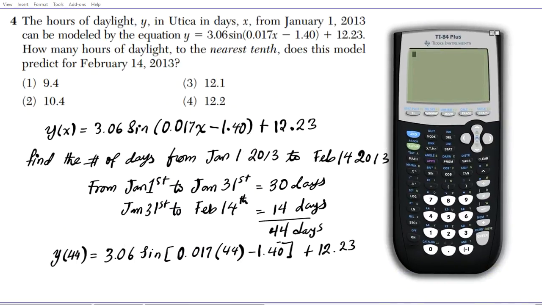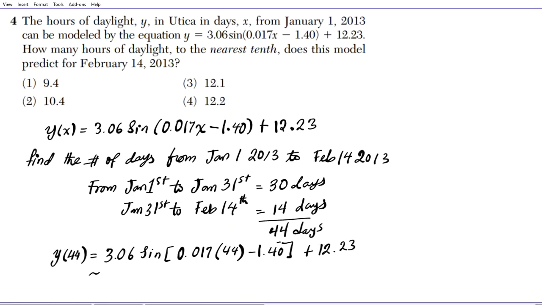So we're going to have 3.06 sine 0.017 times 44 minus 1.40. So close the sine, and then we're going to add 12.23. And we have 10.3733. Okay, so it's approximately 10.3733